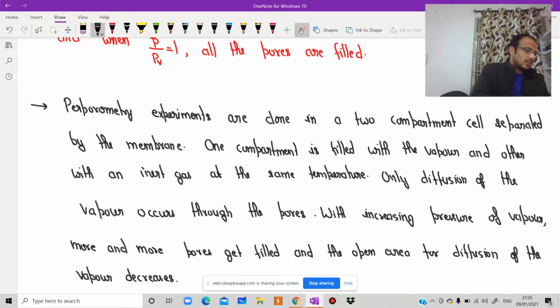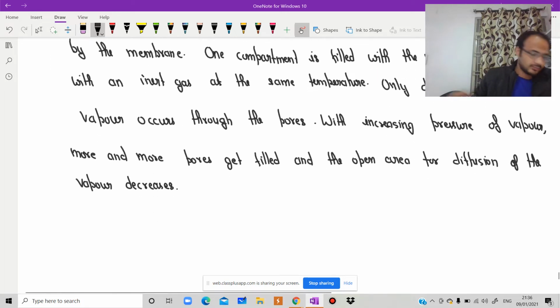Is it clear? Now there is one more theoretical topic, but before that, I will derive one mathematical equation. Otherwise, you will also saturate with that theory, and I will also saturate. So there is one more theory, that is membrane modules. But we will discuss some resistances first, and then we will discuss that one. One mathematical derivation. So write down the next heading: